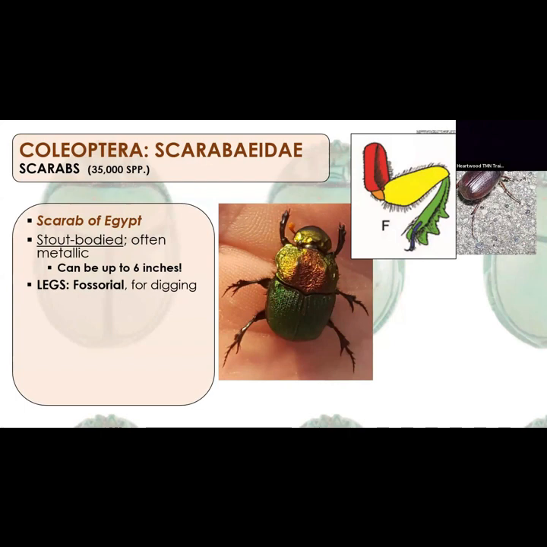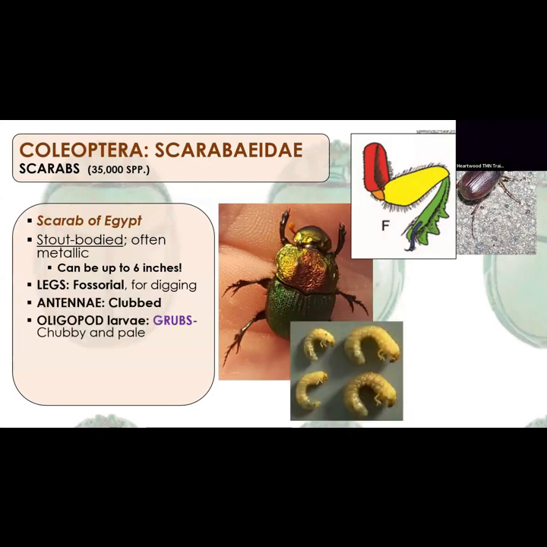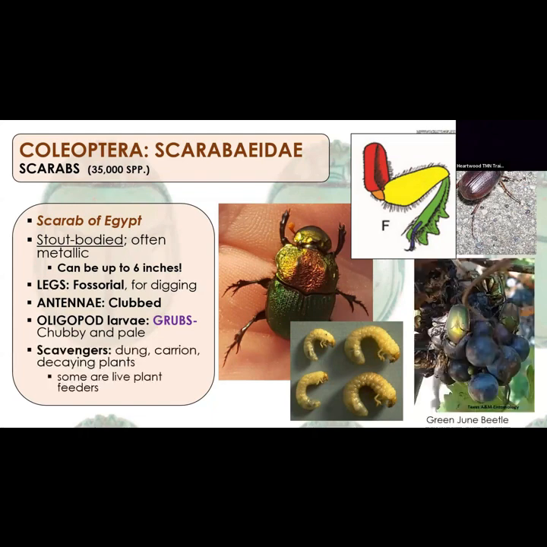For dung beetles, they do a lot of digging, oh, that's another one. Let me pass around those scarabs again, because that's not a good one. That's a good one. Look at those antennae. So the clubbed antennae are also going to help you know it's a scarab, but really those digging legs, and does it look like an Egyptian scarab? Then yes, it is a scarab.